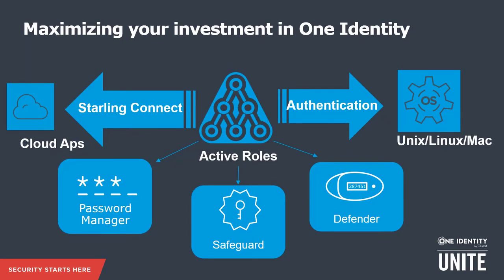So in conclusion, we have seen how bringing together your investment in One Identity from Active Roles, onboarding that new user, how that account can have automated processes. So we've created an account in Azure, we've automatically added Zoltan as our new user to the capability to log in via authentication to our Unix and Linux estate. In our example, it was a CentOS box.